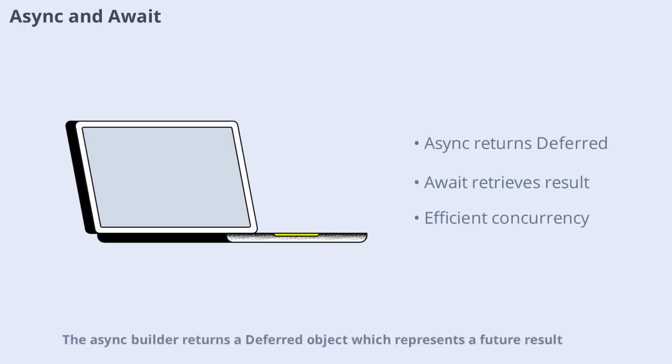The async builder returns a Deferred object which represents a future result. You can retrieve this result using the await function. This pattern allows you to perform concurrent computations and collect results when they're ready, making your code both efficient and